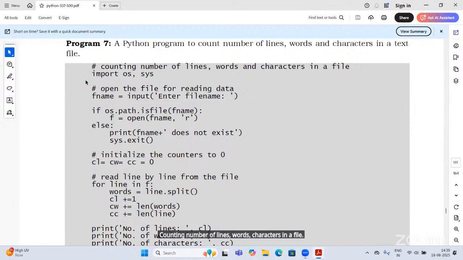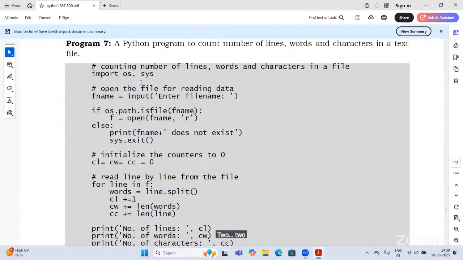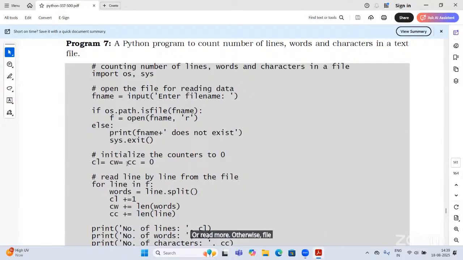Import, same as usual, os, sys, two packages. fname, same as usual, input, enter the file name, same previous statements. If os.path.isfile(fname), just open the file: f equals open(fname) in read mode. Otherwise, file does not exist, sys.exit. Next,